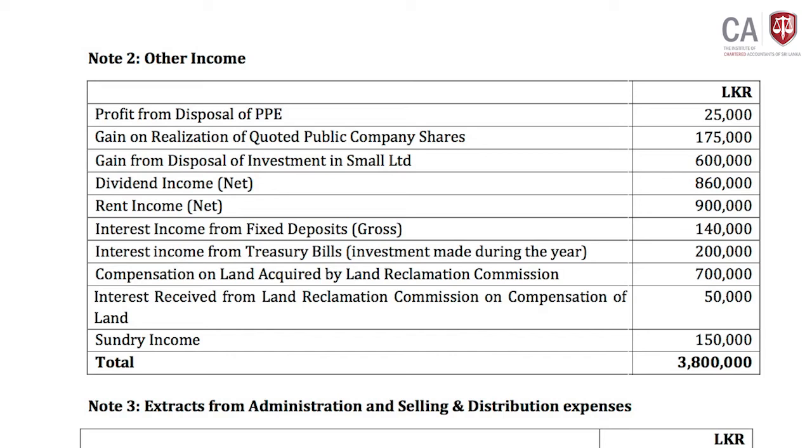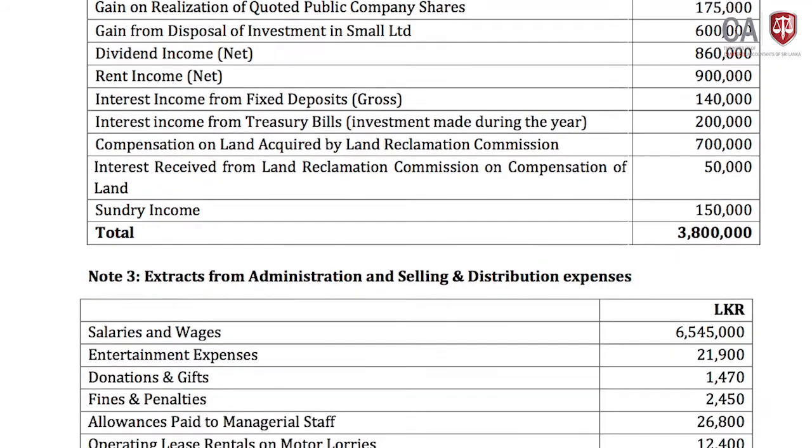Then rent income net, the 10% WHT, if the property belongs to a resident person, then 10% WHT has been deducted. If the property belongs to a non-resident person, 14% WHT has been deducted. Then these, the very high level of things should come to your mind. Don't do any adjustment on this, we will go forward. Now you all know what is the breakup of other income.